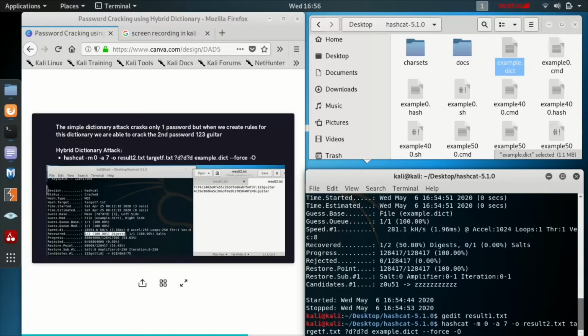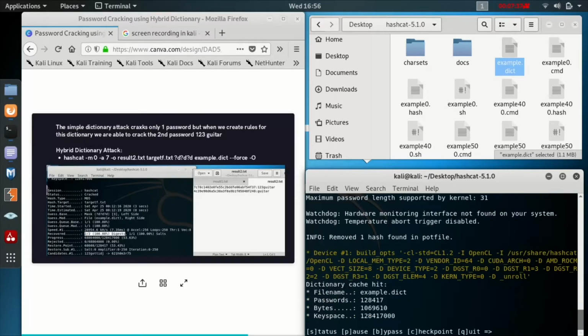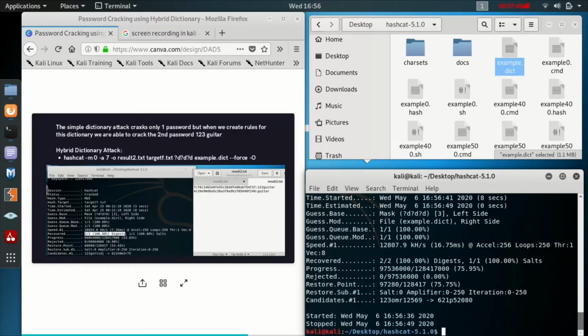Now let's run this. You can see we have cracked both the passwords. Now let's see that file.